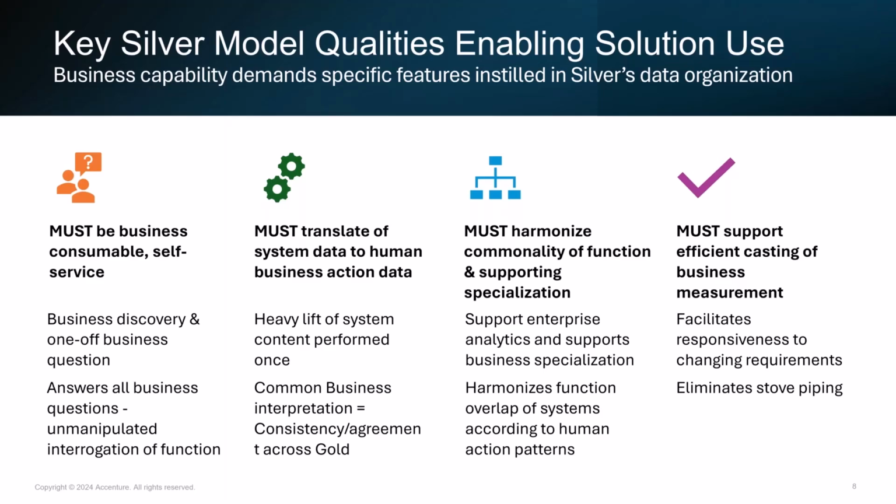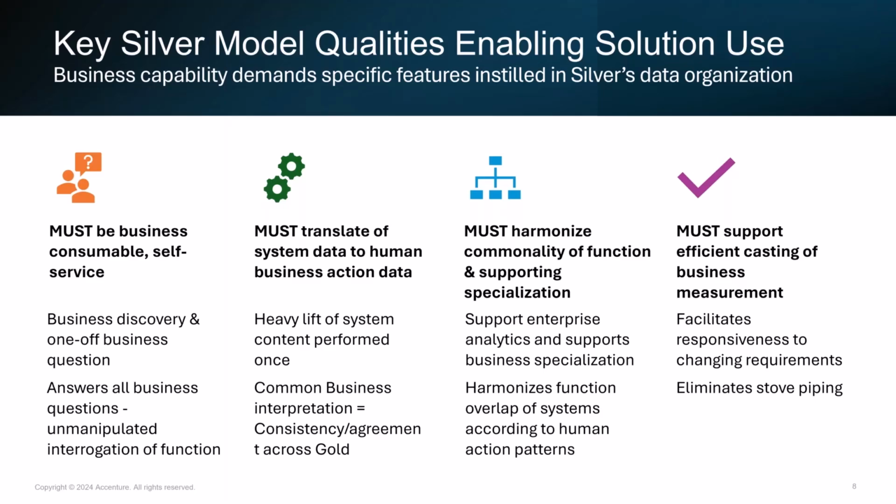So if we transform and harmonize that data in the silver tier of the architecture to that human action pattern, based on commonality of function, while also supporting specialization of function, say for different lines of business, then we're able to actually ask those kinds of one-off questions that are not provisioned in the star schemas in the gold tier of the architecture yet,